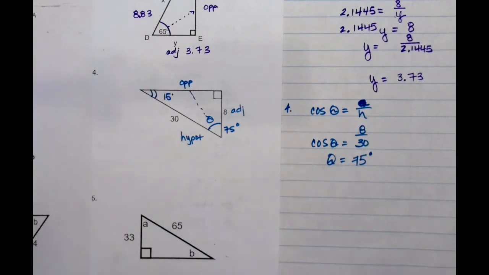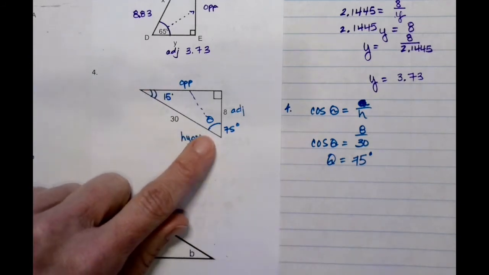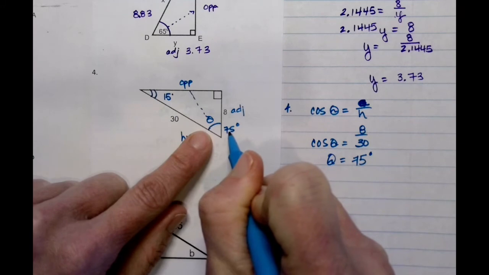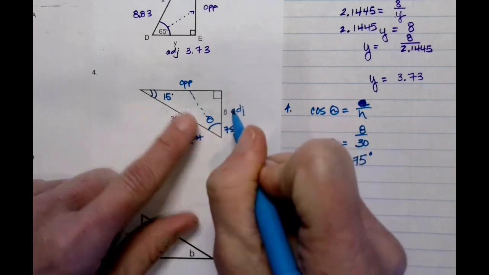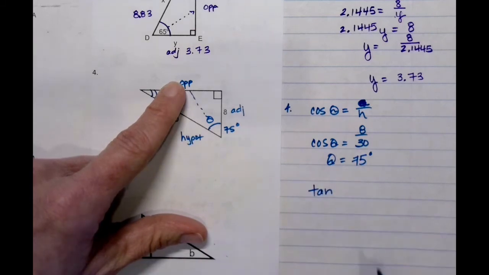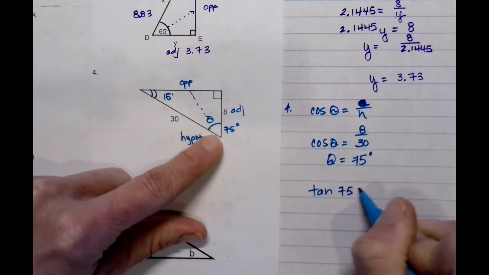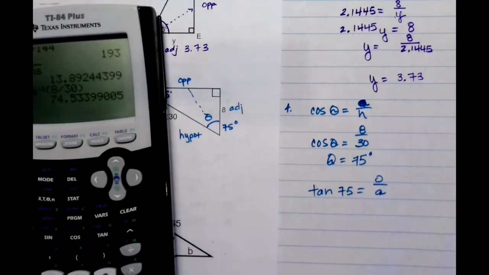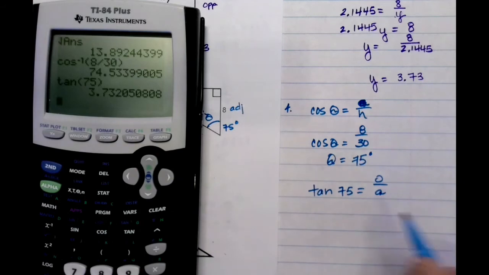And I can use Pythagoras or I can use a trig ratio. Totally up to you. If I have my 75 degree angle, and I can go ahead and say, okay, I have my opposite and adjacent. If I said the tangent of 75 degrees is equal to my opposite divided by my adjacent, I could ask the calculator, hey, what's the tangent of a 75 degree angle? What is that relationship? And it'll tell me